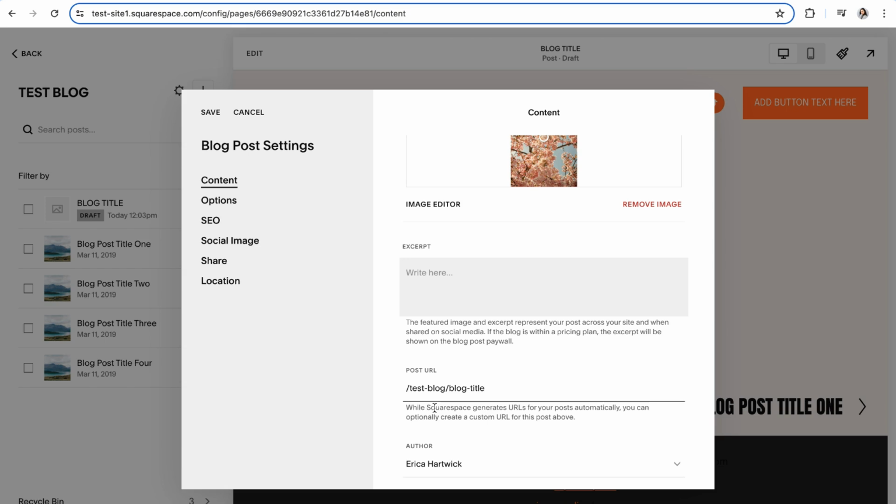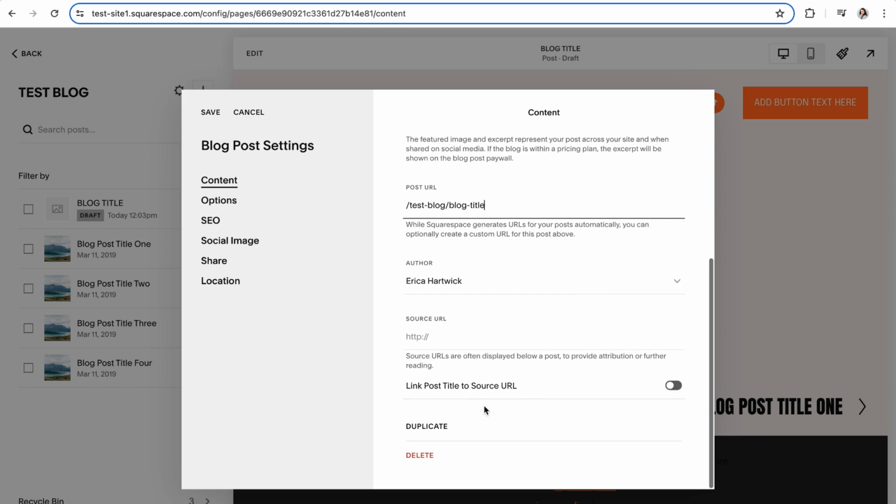Sometimes your title might be a little bit lengthy, in which case that's not a great URL to have. So the post URL can be something like a simplified version of the title or even just some really good keywords for that blog post. And then at the very bottom of this tab, you have the option to either duplicate or delete the post